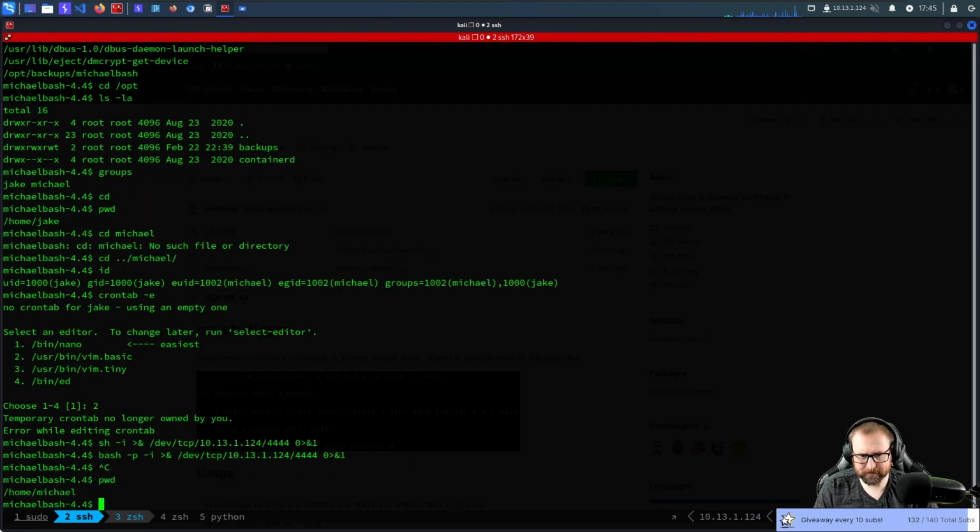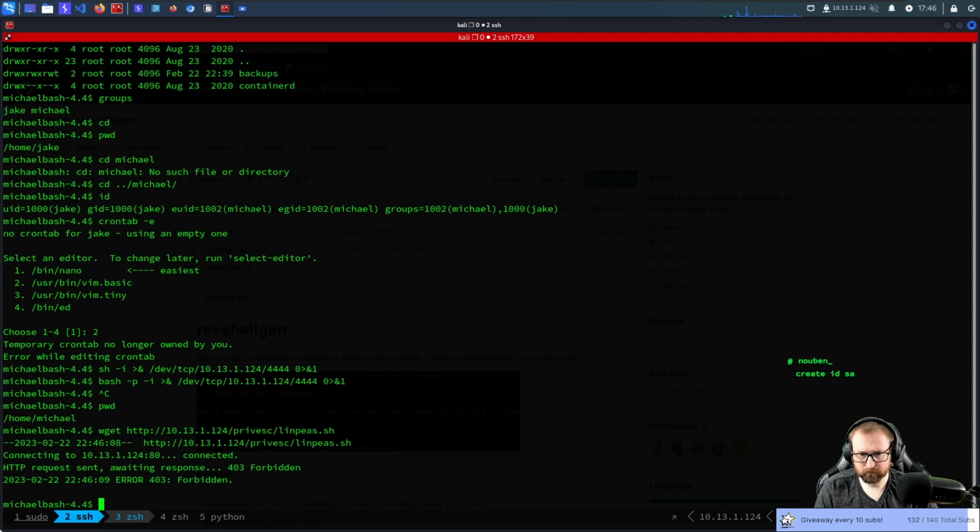So I don't know what running the LMPs is actually going to get me here. Create ID SA. I don't understand what you mean, but 1124 privesc. I'm sure LMPs will work.